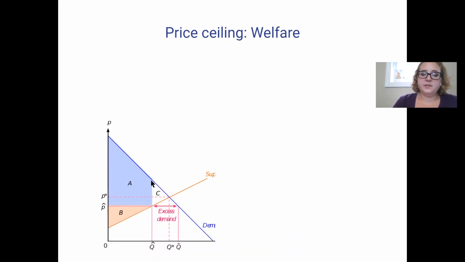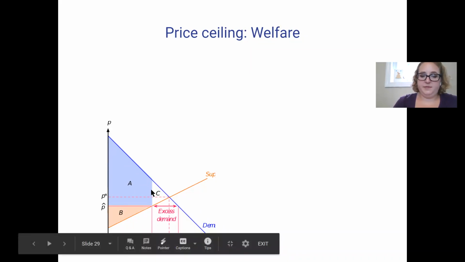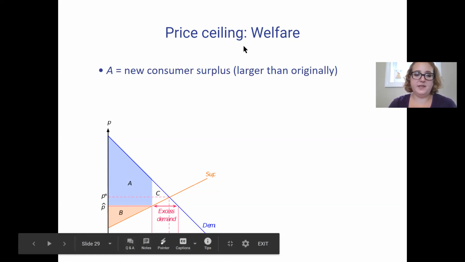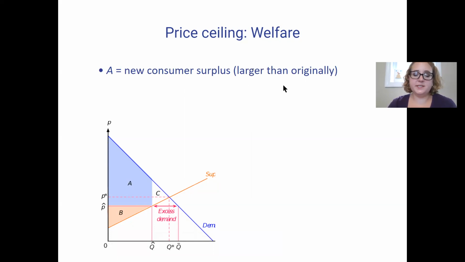Now though, the consumer surplus, we end at this 10 units, how much we're actually selling in the market or how much we're actually buying in the market. But it goes a little further down to this new price, that's $8, the price ceiling. Because these buyers are able to buy at a lower price, even though some of them aren't getting the product, we're going to see that the consumer surplus increases when there is a ceiling. Like that. So the new consumer surplus is going to be larger,